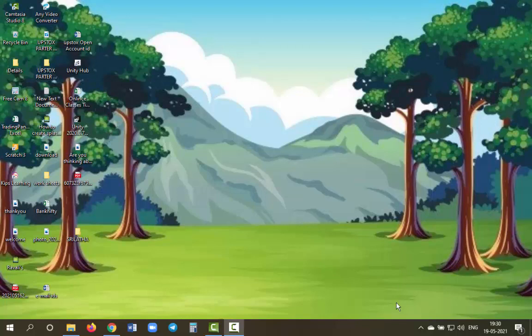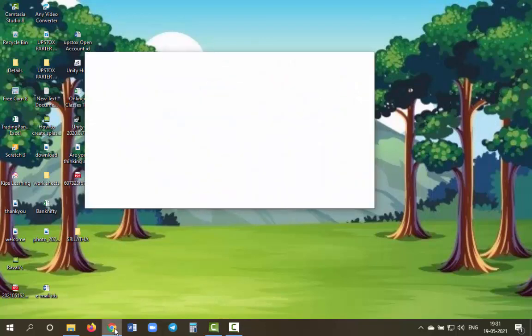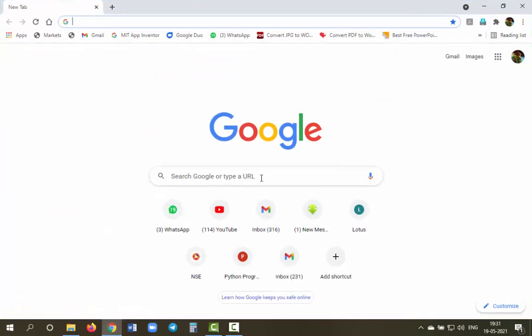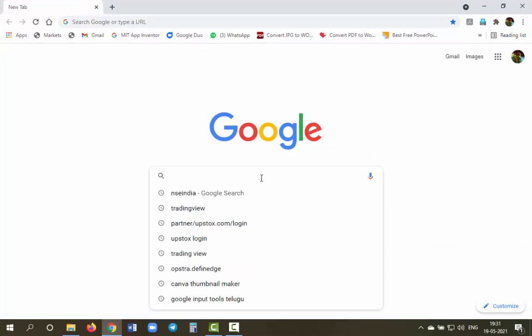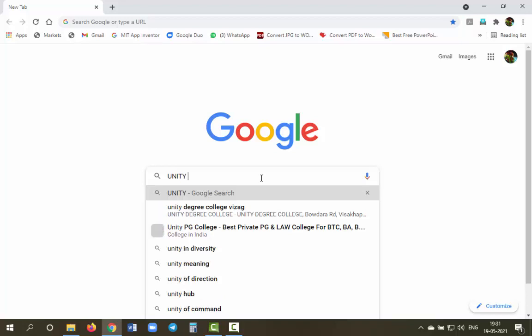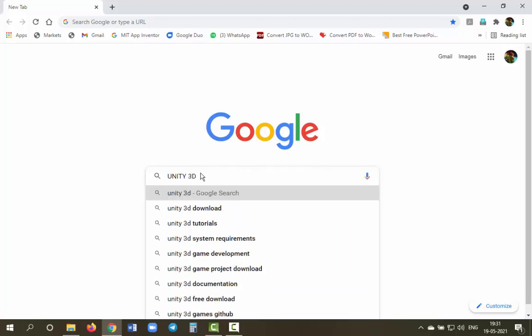For this I am going to tap Google browser. See here, if we click on Google Chrome browser, then it will open like this window. In this window you have to type Unity. What is it? Unity 3D. You have to type 3D. If you type like this, then it will display